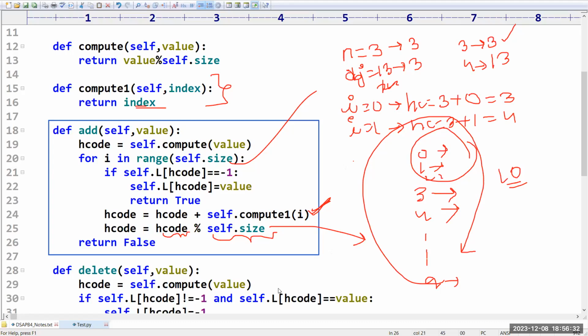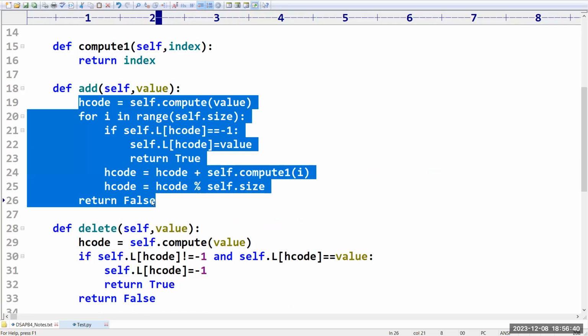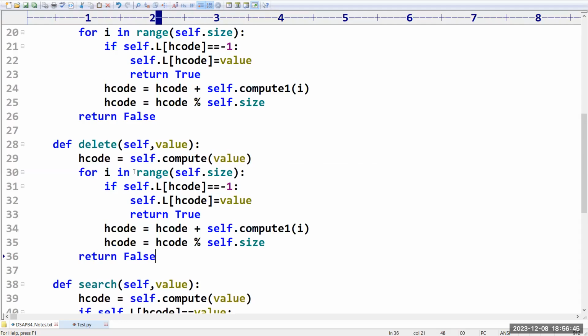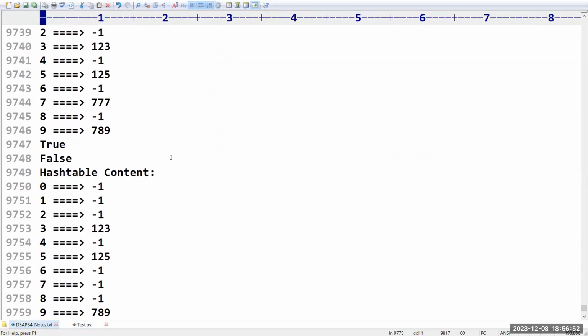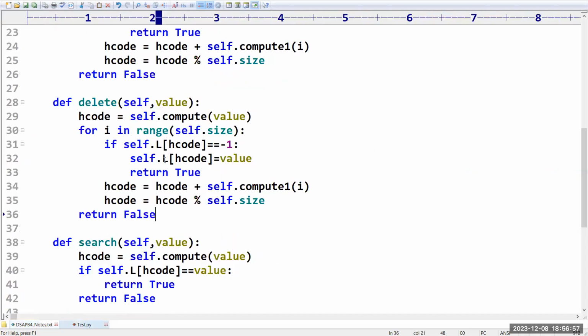Right. We need to update the remaining functions also. Can I take the same function for the delete operation? I am taking the same function. First we will calculate a hash code for i in the range of self.size. The previous code that we had taken for deletion, this condition we need to take as it is here. So if self.hash code is not equal to -1,